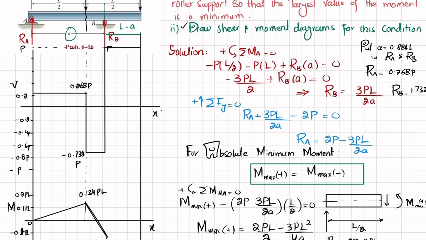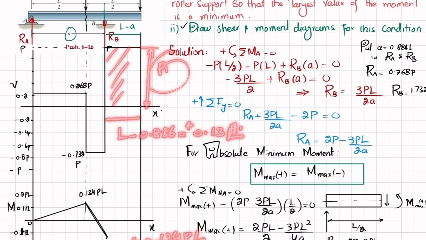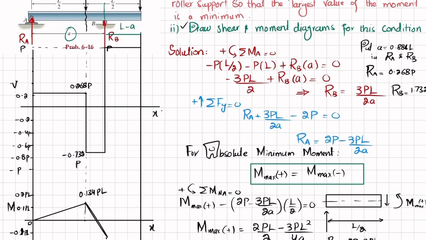Now the next area is this area, and you can see this is P. Clear? And this distance is L minus A. So L minus A is 0.134 L, and when you multiply it with P it will give you plus 0.134 P into L. So the moment will be 0 at this point. Since this shear force is a horizontal line, the bending moment will be one degree higher and the slope will be increasing. So this is its bending moment diagram, BMD,